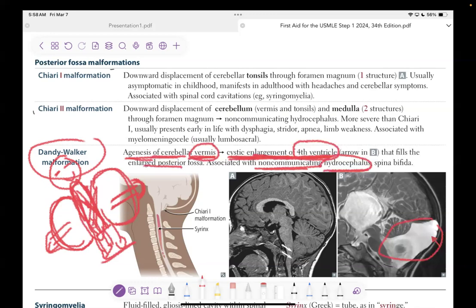If it was communicating, we used to remember that communicating means that all the ventricles have communication with themselves. So the problem in communicating hydrocephalus is either absorption or production. Whenever we say non-communicating, we know that there is an obstruction. And so the association with this is spina bifida or hydrocephalus. So the way I used to remember this,